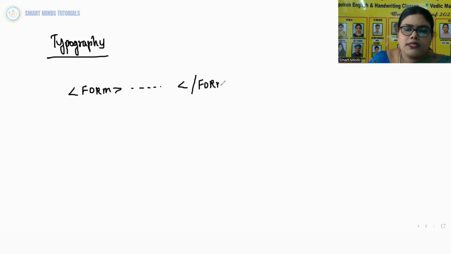And a form is a web page which contains elements like text fields, checkboxes, etc. And usually forms are created by inserting the form tag and then a few statements and then the slash form tag in the HTML code.